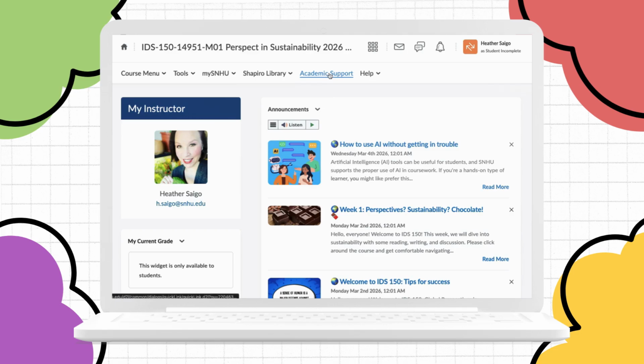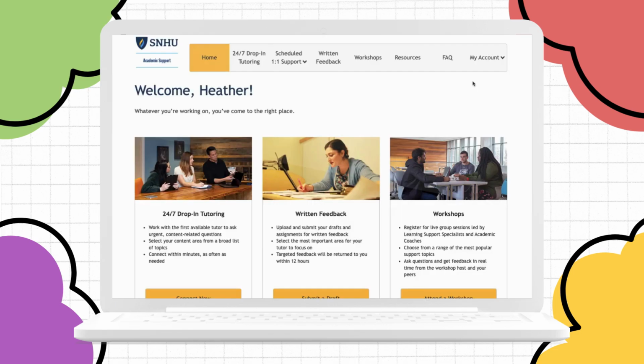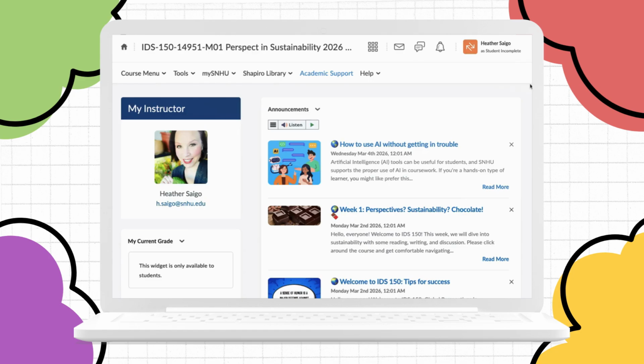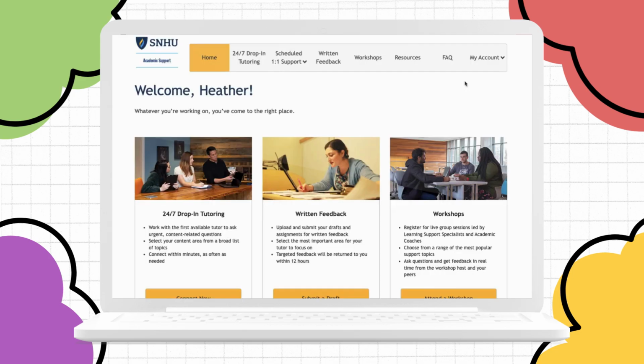So I recorded a quick screencast here. See where it says Academic Support at the top of our course. If you click on that, it takes you to this wonderful world of resources with drop-in tutoring, workshops that you can sign up for. But this one right here in the middle is where you can upload a draft of a paper. And we will have writing experts review it, give you targeted feedback, and return your draft to you within 12 hours